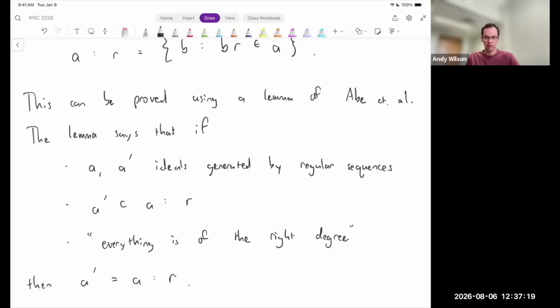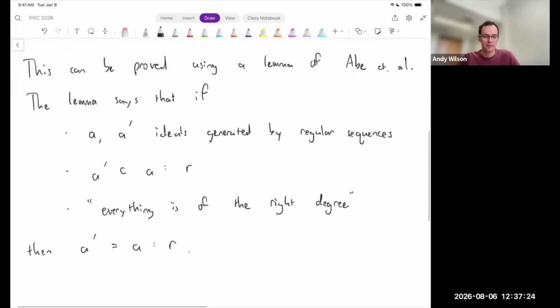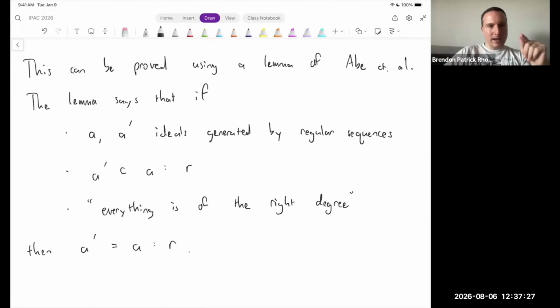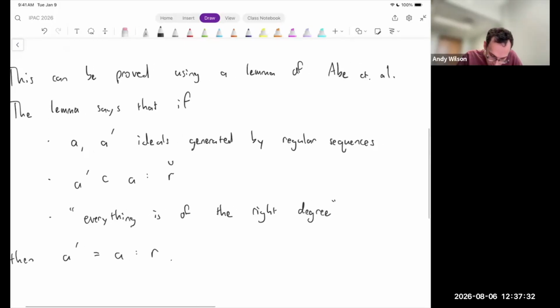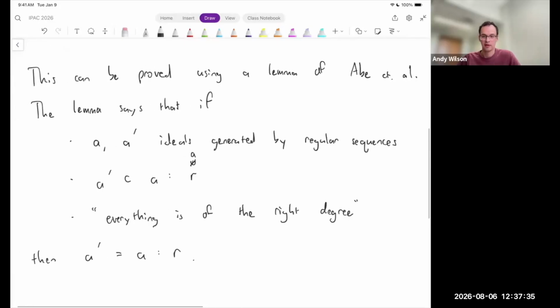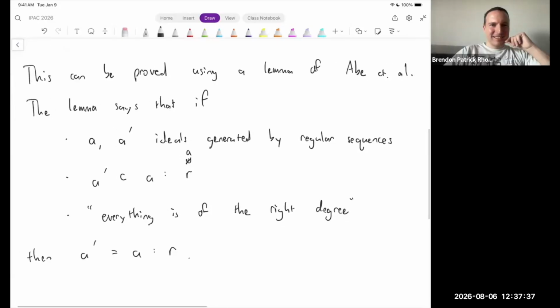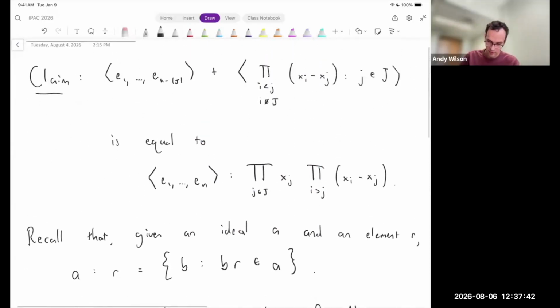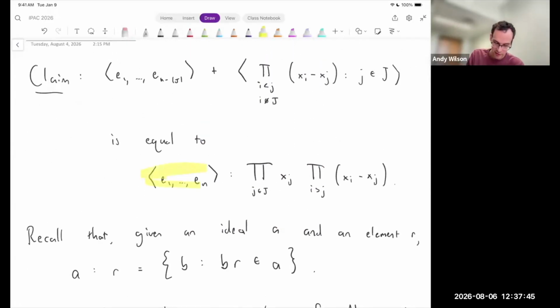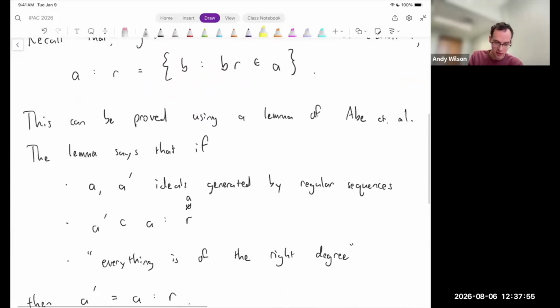So we actually ended up using this lemma a bunch. It's really important for us for reasons that I think are still kind of unclear for us. One tiny thing, R should not be an element of A. Oh, thank you. Yeah, something like that. So why is this useful here? Well, we have the setup, right? We know this is generated by a regular sequence. In fact, this is the regular sequence, right? And we saw last time that this ideal is also generated by a regular sequence. So all we need to do is then check that